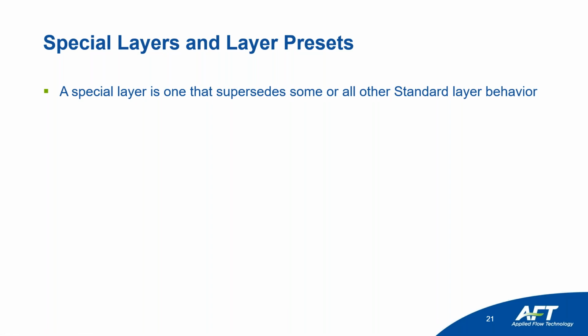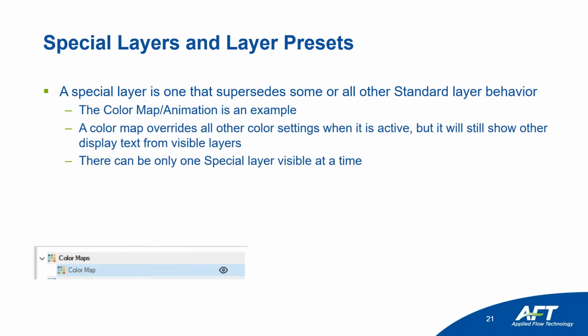Special layers and layers preset. This is a very powerful tool, and you're going to like it a lot. A special layer is one that supersedes some or all other standard layer behavior. As I showed you, color map animation is an example. A color map overrides all the color settings when it's active, but it will still show other display text from visible layers. Like I showed you here,